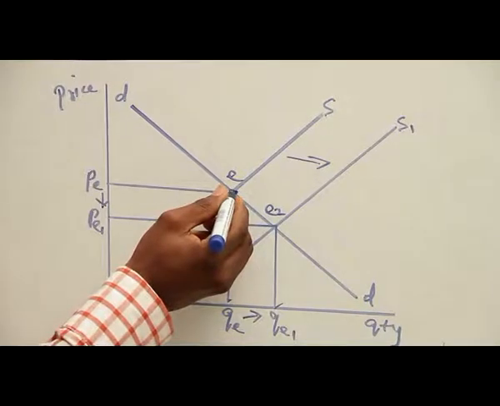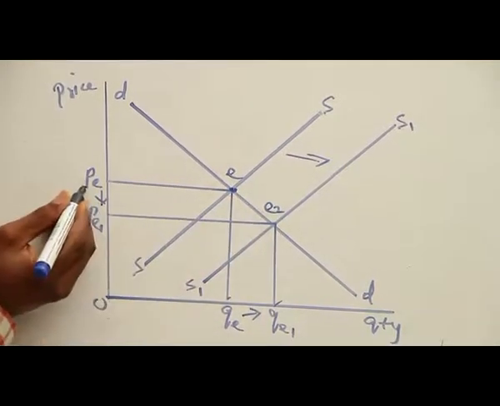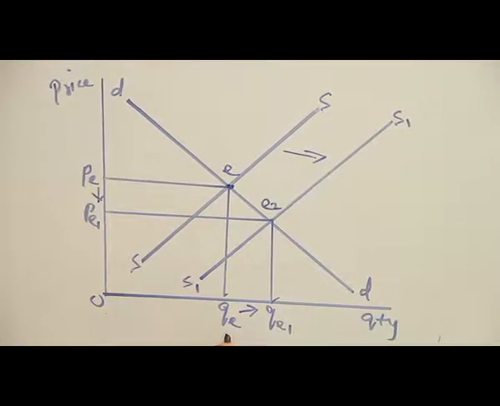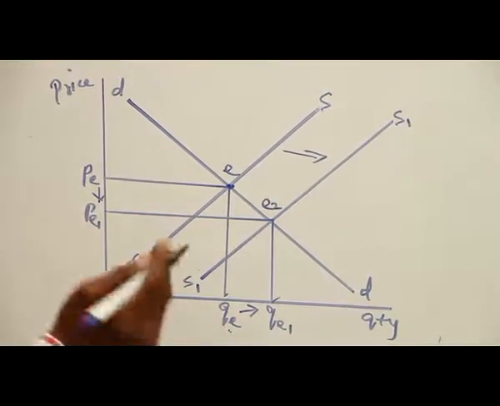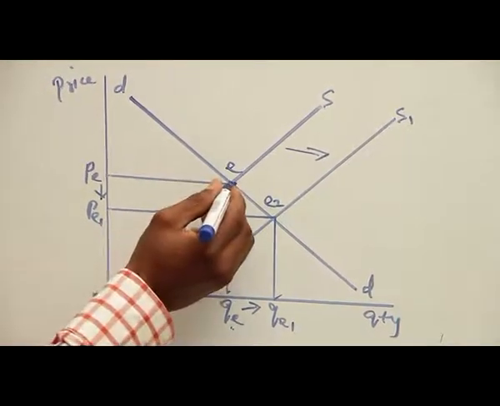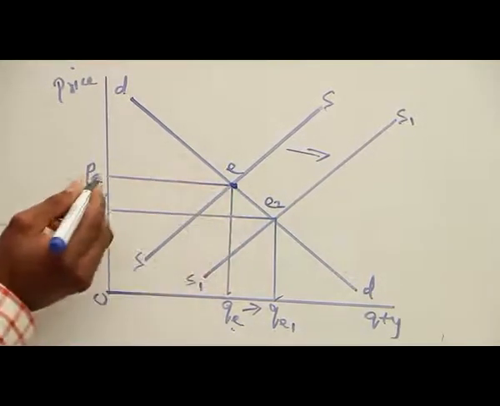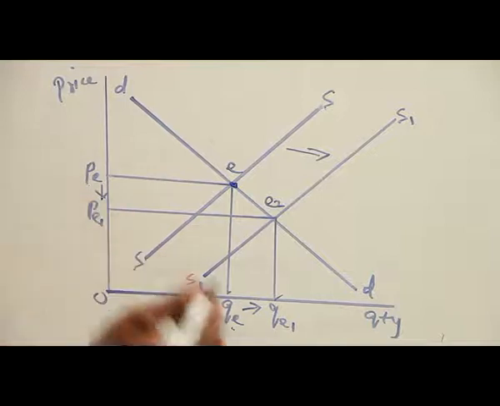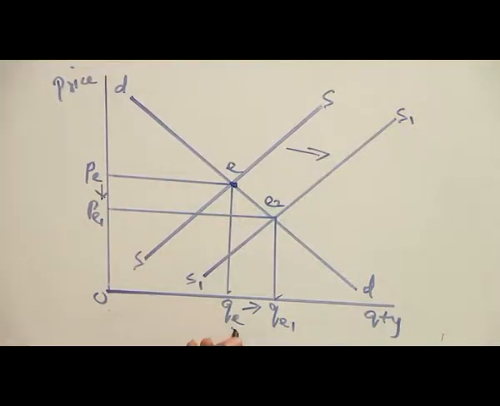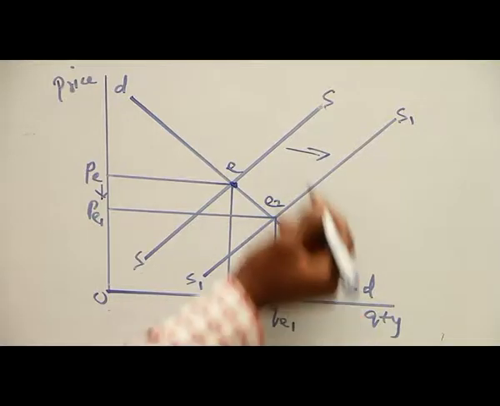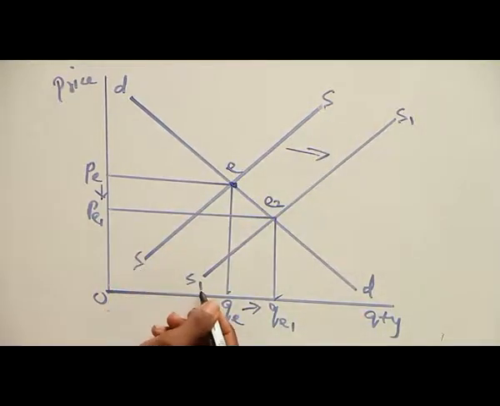And we have equilibrium price to be PE and equilibrium quantity to be QE. Let me repeat. We have interaction of demand and supply at this point E, where equilibrium price is PE and equilibrium quantity is QE. Now, holding the demand curve constant, we have a shift in supply curve from S to S1,